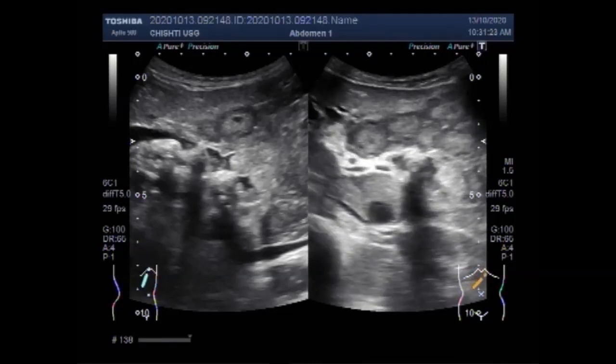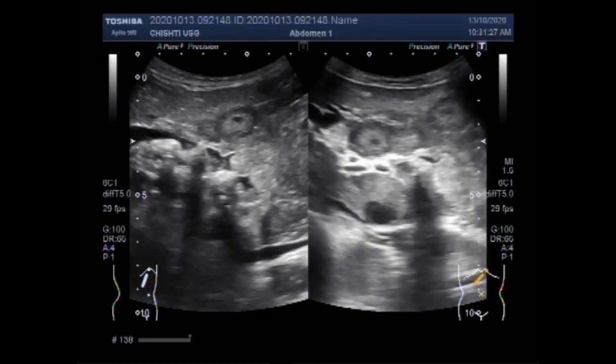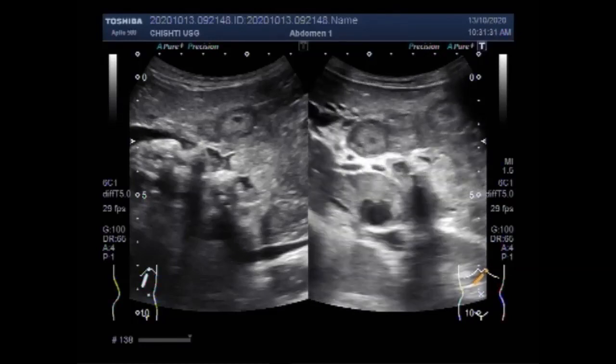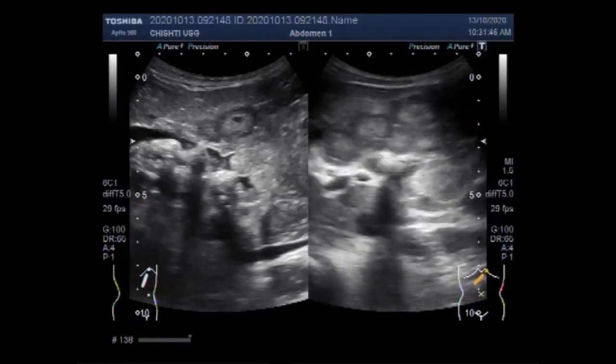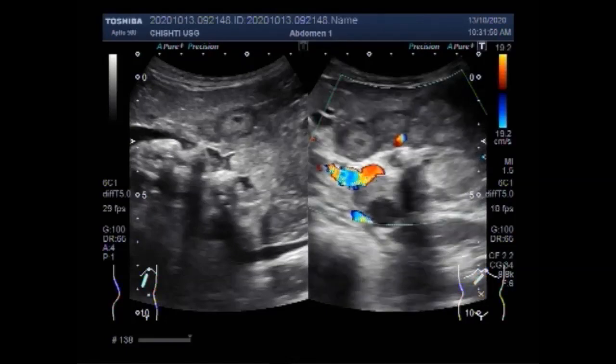Cholelithiasis involves the presence of gallstones, which are concretions that form in the biliary tract, usually in the gallbladder. Choledocholithiasis refers to the presence of one or more gallstones in the common bile duct. As you have seen in this case, there are multiple large stones in the bile duct. Now this is a bunch of multiple metastases.